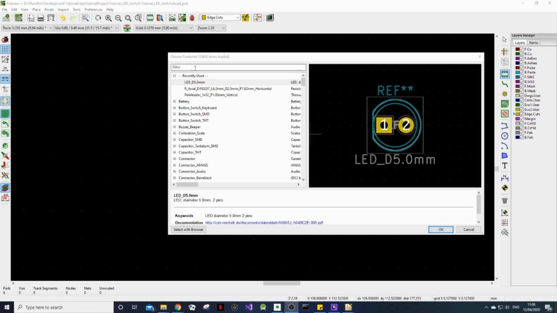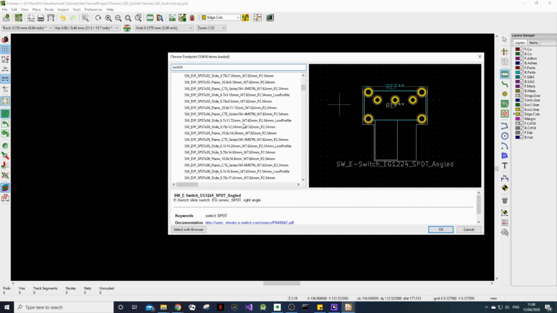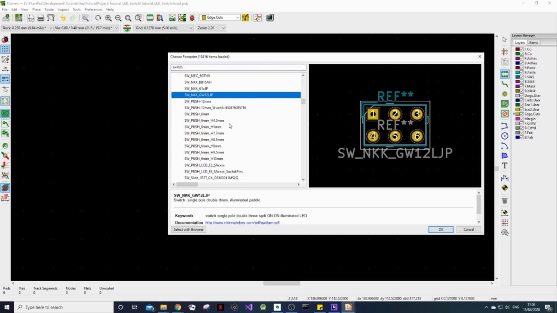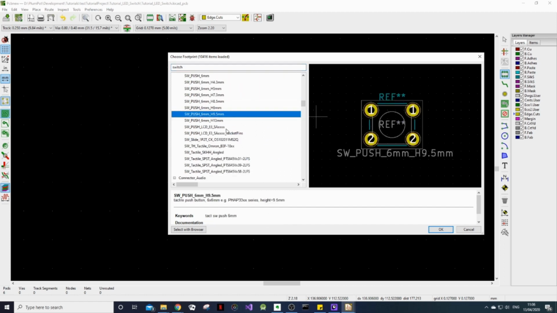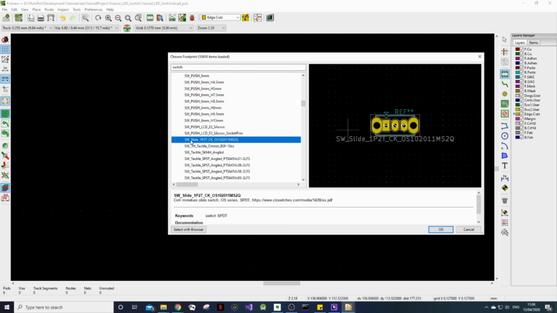And lastly, we need to find our switch. This is a bit more tricky than the other components because it's not completely standard, but you just have to go through the footprints and see which ones closely match yours. So I found one that does, and it's this switch slide, but I need to double check that the hole